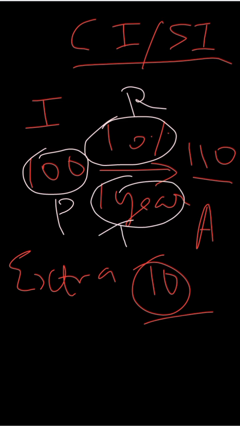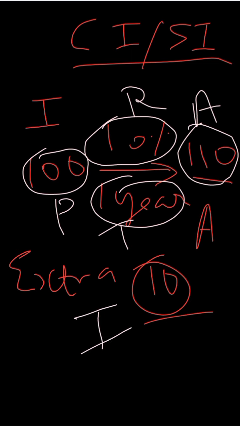Up to what time you give is time, that is for what month, what year, and whatever amount he or she gave you back is the amount, right? But how much more money did you get? You get 10 rupees more. So this is called interest. So this is the basic concept of interest.